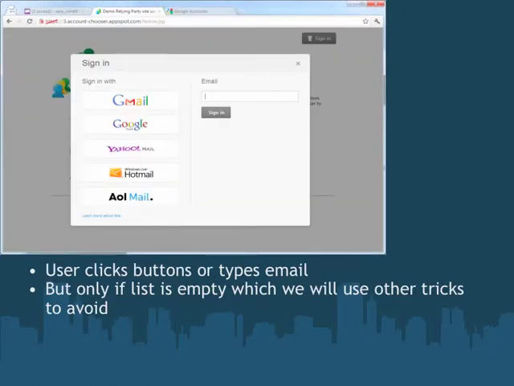And in some cases, she'll see this screen that we're going to talk about, where there's a potential to even skip this. And on this screen, she does see one of those NASCAR lists, with a bunch of buttons, as well as the option to type her email. So at this point, she could either click the Yahoo button or type her Yahoo address. First-time users, it's sort of a split between which one they use. Once they encounter this experience in the future, they generally click the button of their identity provider if it exists.